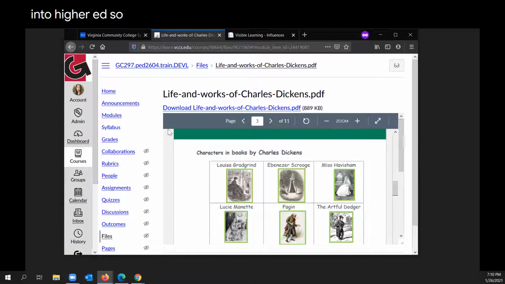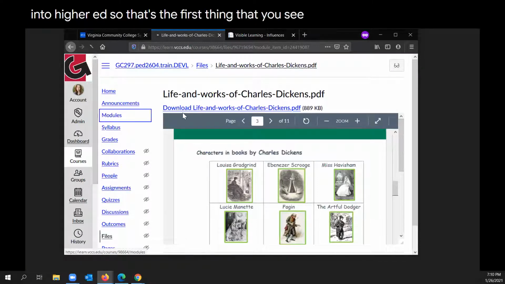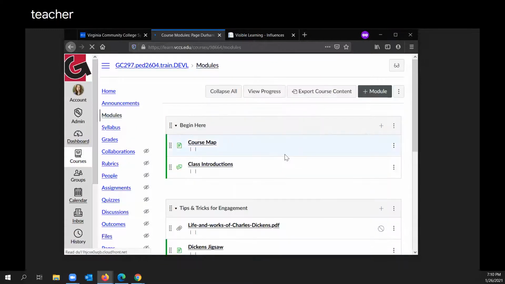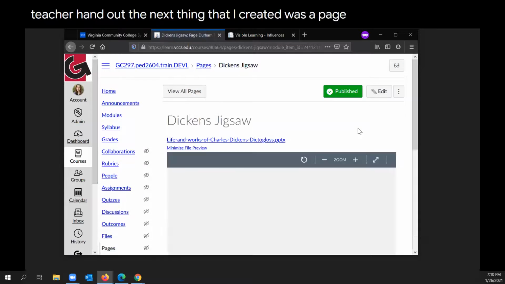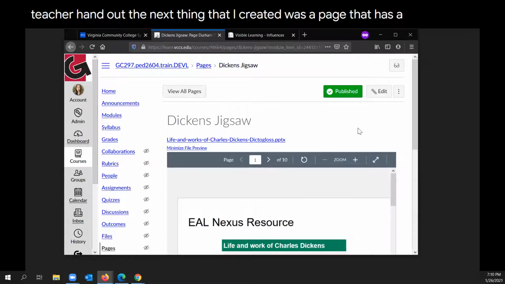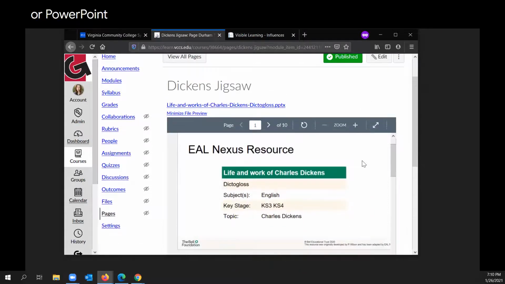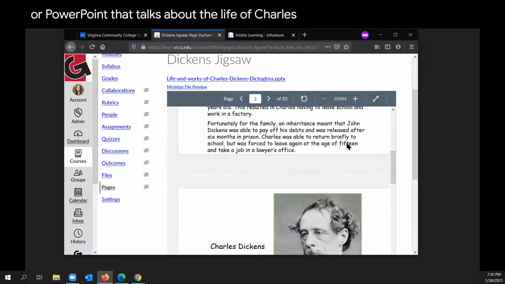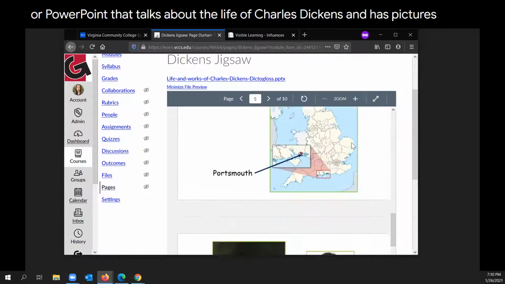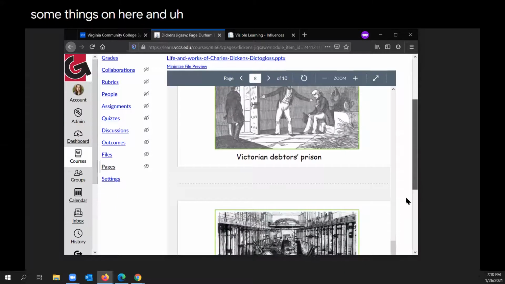So that's the first thing that you see in the module. It's kind of a teacher handout. The next thing that I created was a page that has a dictogloss or a PowerPoint that talks about the life of Charles Dickens and has pictures and some things on here. And of course, if we scroll to the bottom,